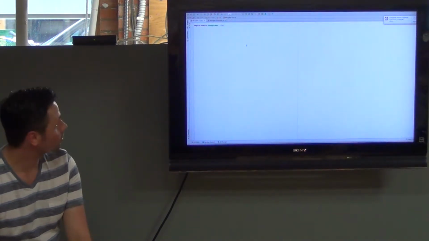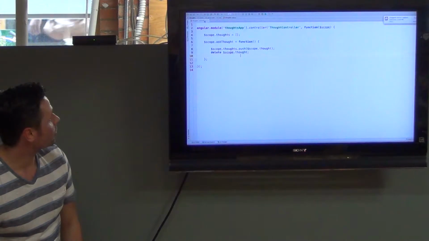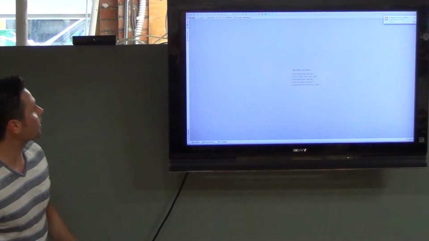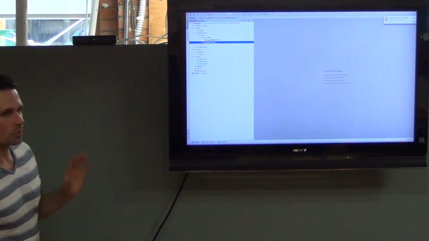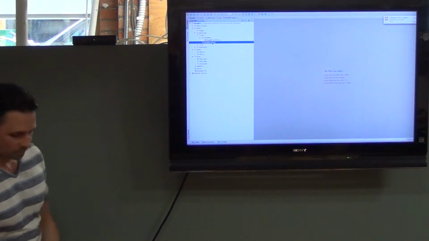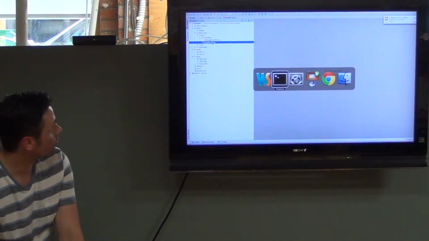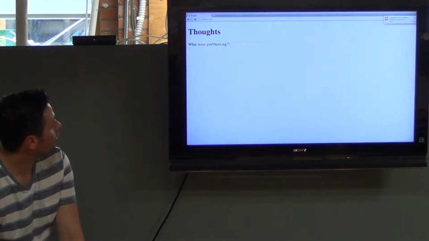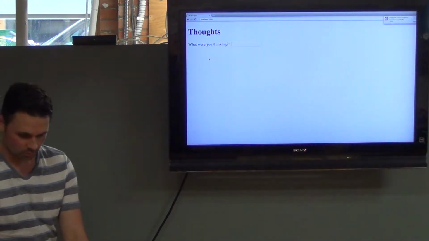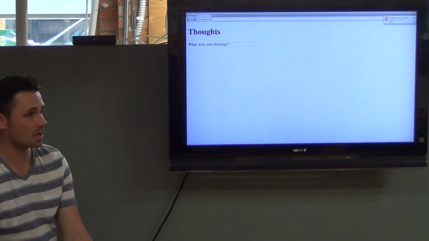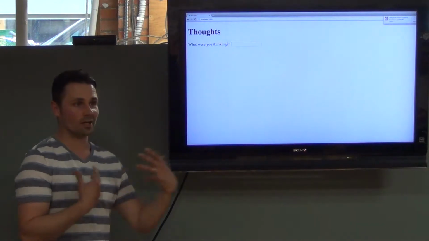There is an expectation you can read this. So I'm going to start right from the beginning, and we're going to build on this application. And this is really simple. And I am serving this up from Node.js if you're interested. So this is the app that we're building. It's a thoughts application, and it's a way for us to enter